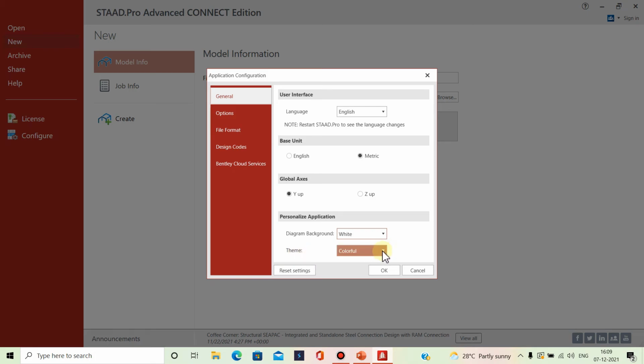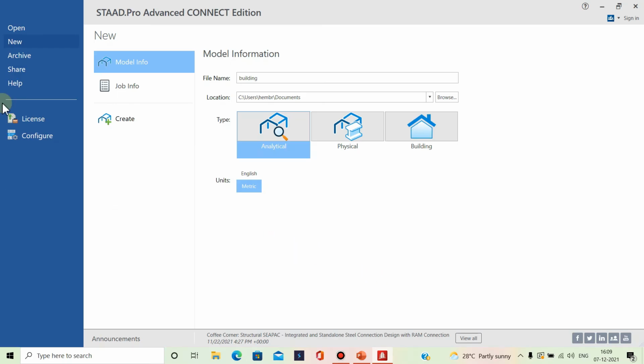You have to select it by just clicking over this downward arrow. You can see there are three colors, red, blue or green. So here I am selecting blue, and after that click over the OK option. Now you can see that the theme color is changed from red to this blue color. Okay, and after doing all the things we have to click on the create option.